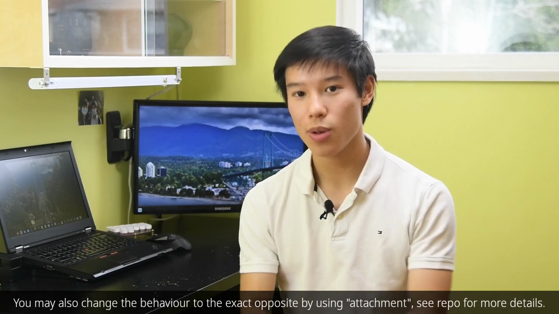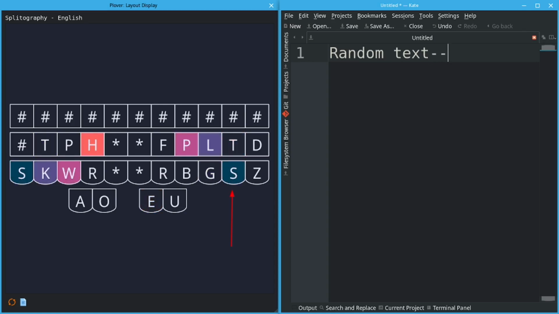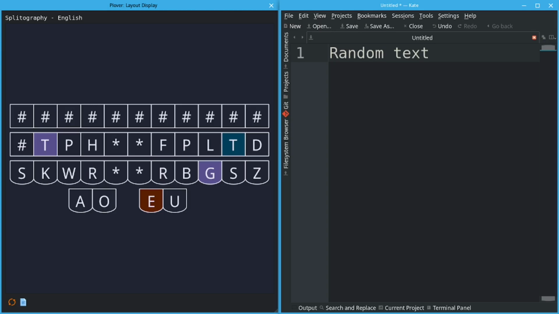Now, what if I wanted two hyphens? Well, I just have to press down the S key, which you can think of as pluralizing the symbol. And for 3 hyphens, there's the T key for triple. For 4 hyphens, both the T and S keys are pressed. If you're daunted that you'll have to memorize a different chord for every symbol, don't worry, every symbol is part of a family with different variants.